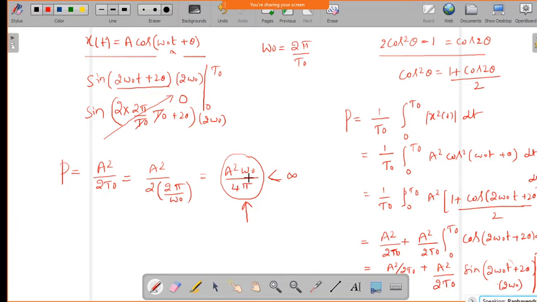No, sir. Since these are all finite values, this value will lead to less than infinity. So the power value will be less than infinity, so it is a finite value of power. So we can say that this is a power signal, which has a finite power. By looking at this itself, we also come to know these are periodic signals. As we discussed in the notes, all periodic signals are power signals. So we are able to prove that from this problem, x of t equal to A cos of (omega t plus theta).